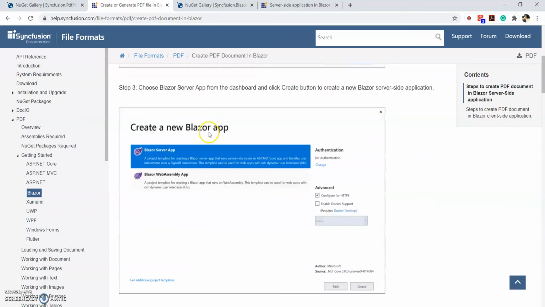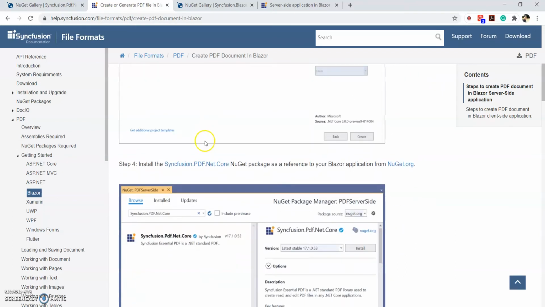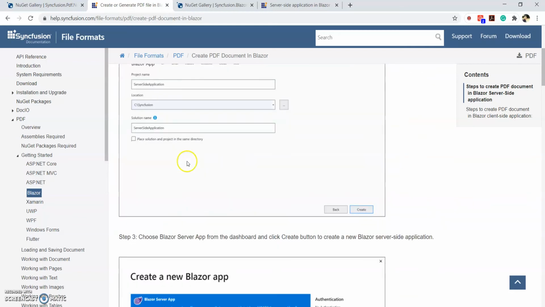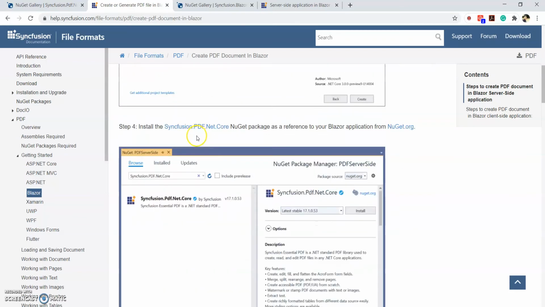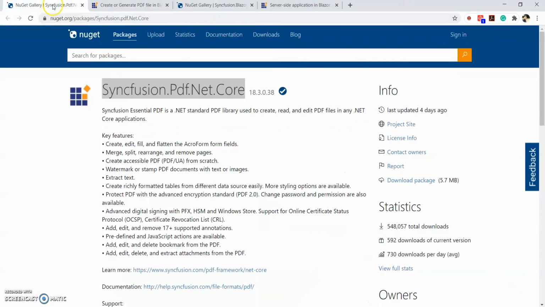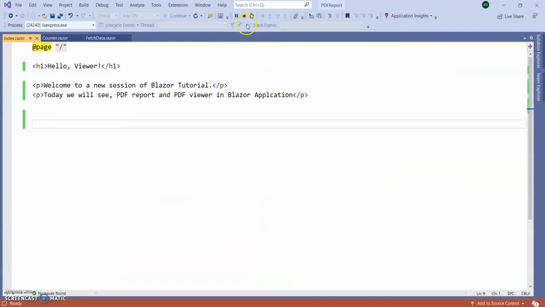I already created a Blazor server application, so I am skipping this step and going directly to the NuGet package. I'm going to add this NuGet package inside my Blazor server application.